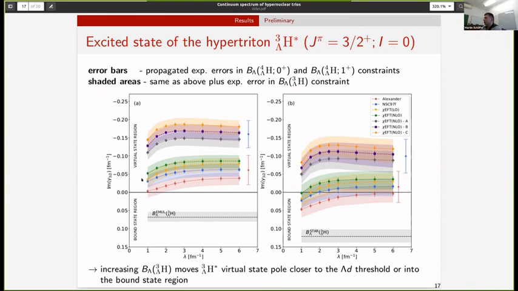And we can see that if we look at this momentum of the lambda deuteron of the Hypertriton spin 3/2 state as a function of cutoff, we again see very fast convergence. What we also see is that this spin 3/2 state exists very close to the lambda deuteron threshold. For the star value, we even see that the whole spin 3/2 state, or its momentum, is shifted closer to the bound state region.